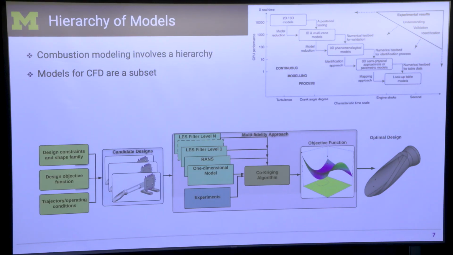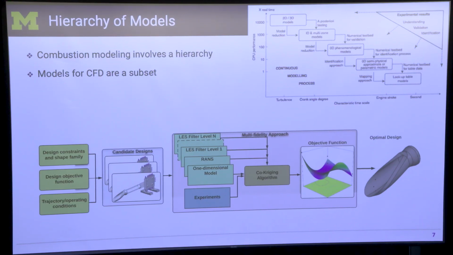And one thing that has changed in the last 30 years or so: 30 years ago, in these simulations, you would take the Navier-Stokes equations and beat on them until you got some valuable information. But now that's not the case. You have access to multiple tools to solve these problems. So on the top is the hierarchy of models that you can use for an internal combustion engine, going all the way from something that's very expensive, so the y-axis is the computational CPU cost, and the x-axis tells you how many seconds you can simulate, right?